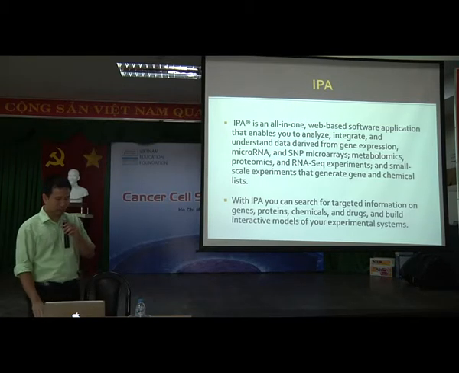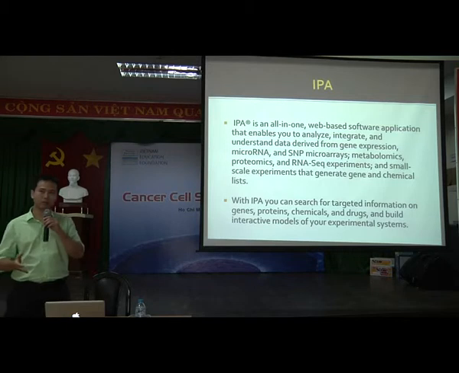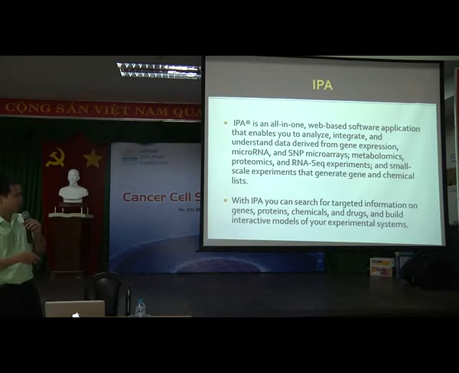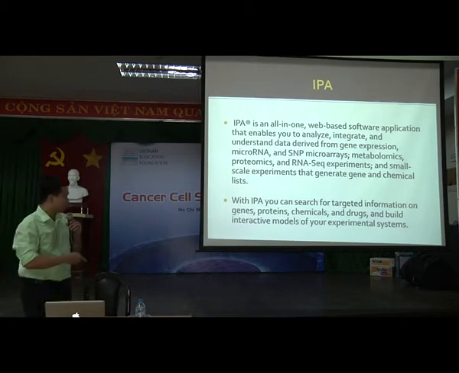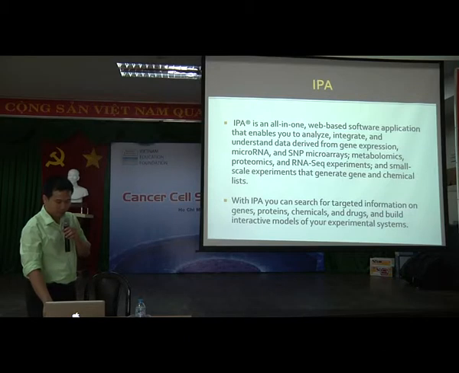The second feature that IPA will provide you is help you to search for all the information that is right now available on PubMed. They will collect all of the information and build them into a system, allowing you to very easily and rapidly collect and understand all of the information you need on the gene of interest. So you can check the gene, proteins, chemicals, drugs, and you can also build the pathway and interactive model